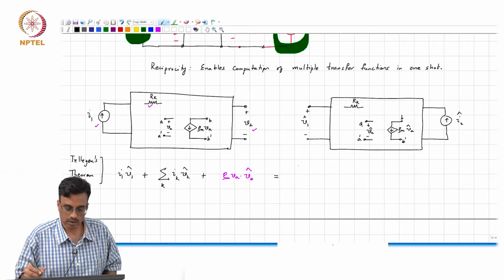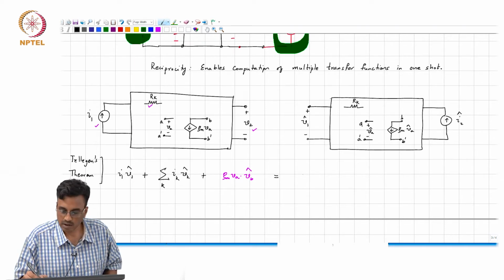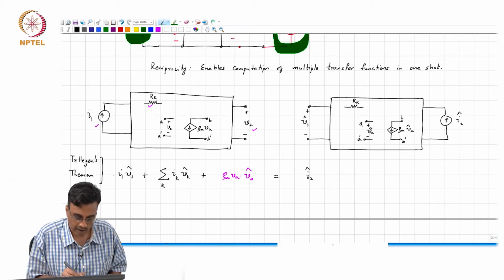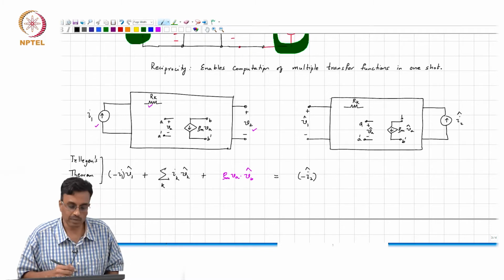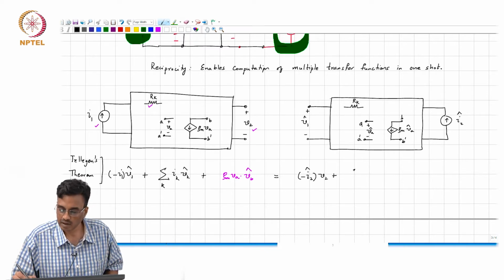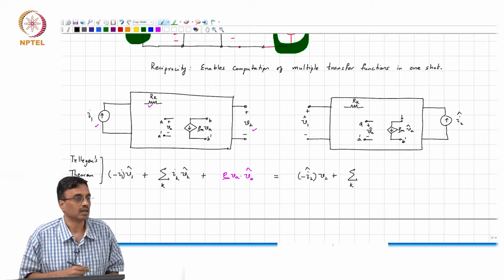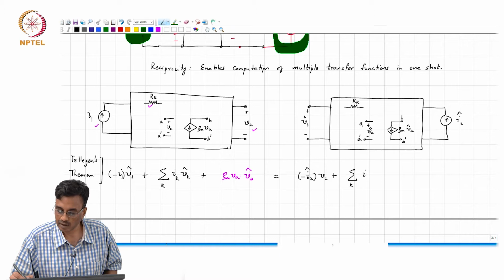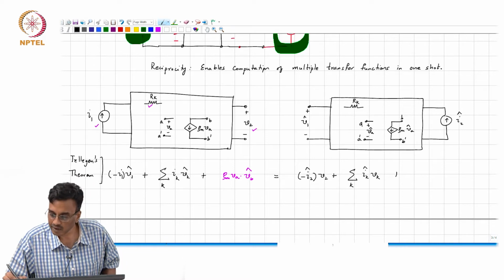I2, so I1 hat, what is I1 hat? I1 hat is 0, so we do not have to worry about that. So, what we need to worry about is I2 hat, or it is actually minus I1 times V1 hat. So, this minus I2 hat times V2 plus sum over all resistors inside, which is Ik hat times Vk plus